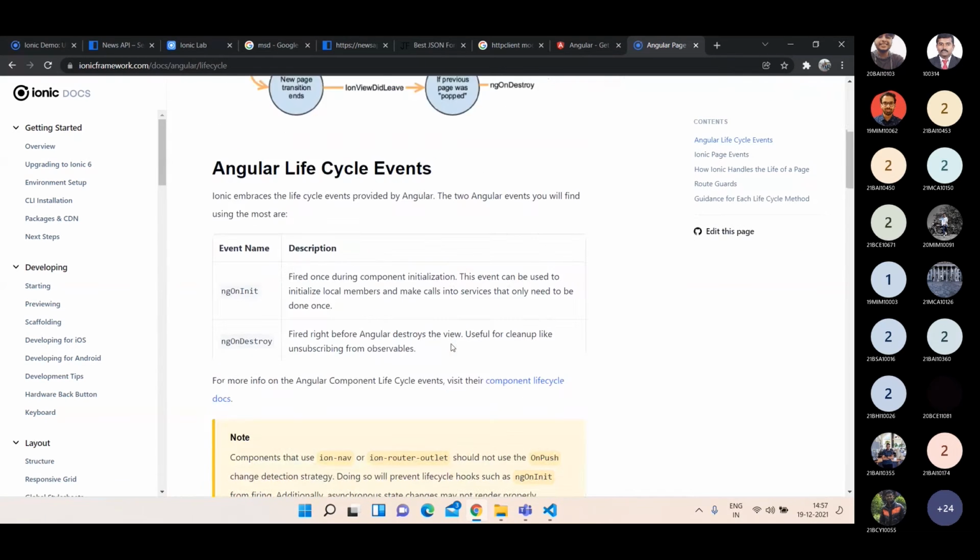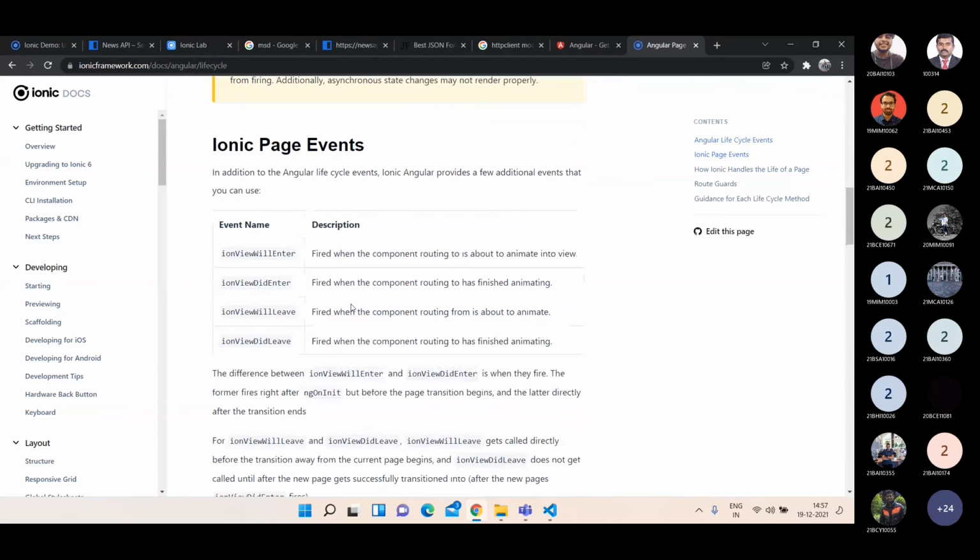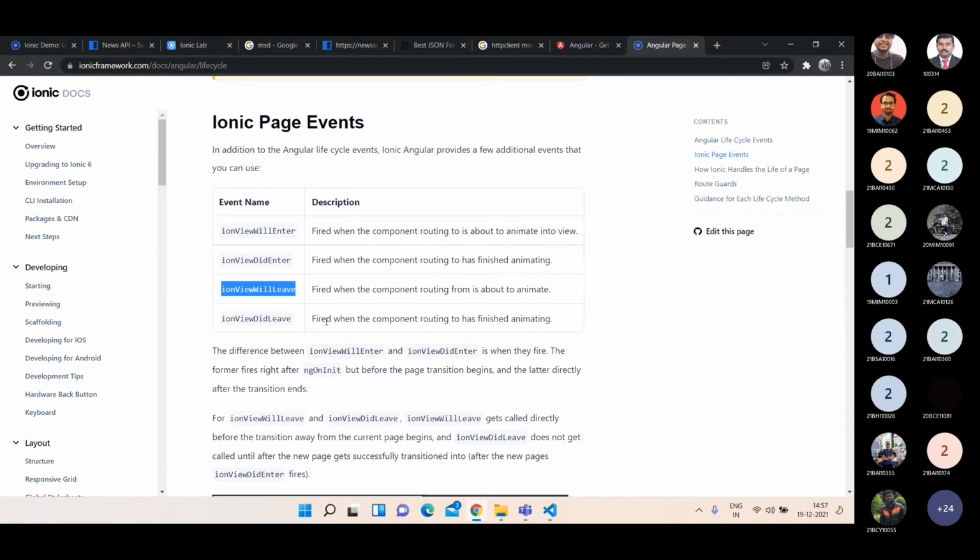Okay, so we have various lifecycle hooks. Ion view will enter, Ion view did enter, Ion view did leave, and Ion view will leave. Okay, so what we are going to do, once user enters into a particular component, we should do some functionalities. Okay, some automatic running functions.